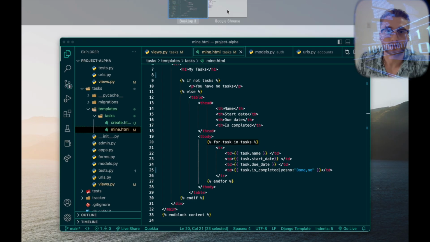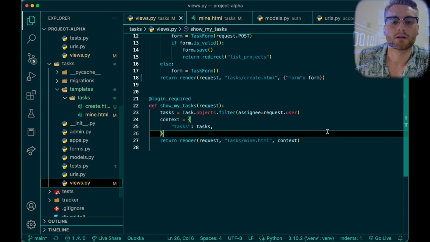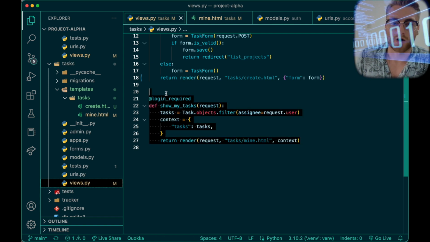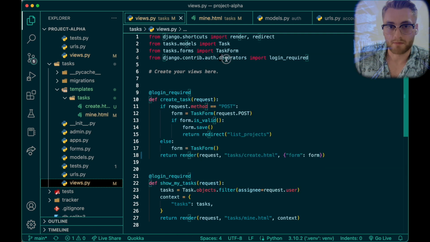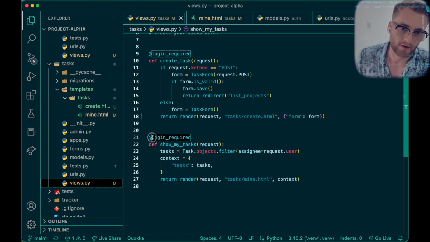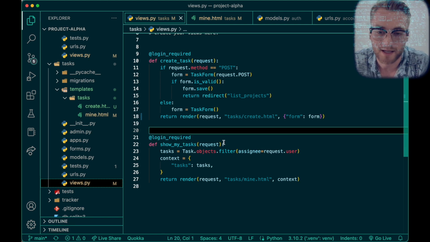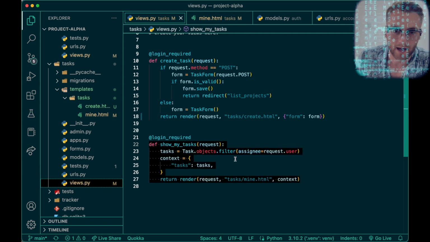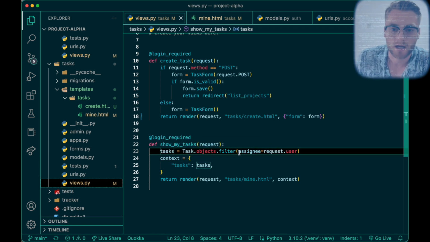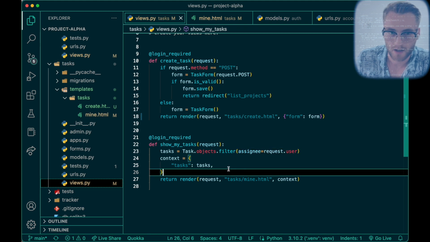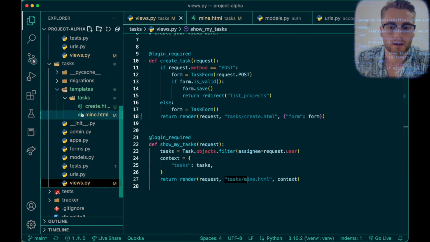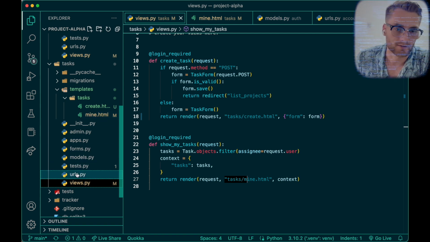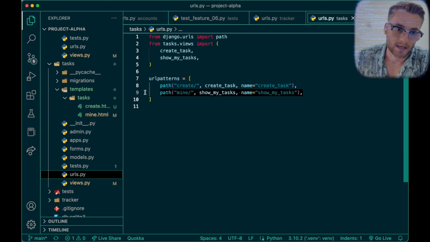On to number 16. Okay, so for this step, I am creating a views function that is going to display and show the tasks all assigned to one person when they're logged in. So for starters, just like the previous functions, I have to make sure I use my decorator login required importation before the function, so that way it ensures that the user that's logged in is the only one who can see this information. And then when I'm using my list view, I'm making sure that my variable tasks is set to filter and display the assignee attached to the user. In this case, the context that I'm naming is tasks, key, and the value is tasks, and it is going to render the tasks app in the mine.html, but I'm first going to register it, shown right here, my tasks,